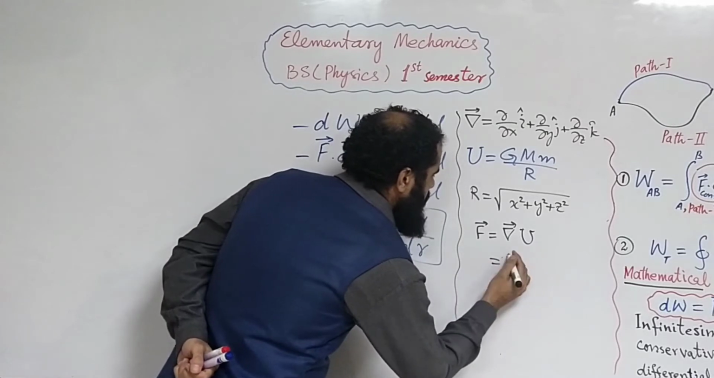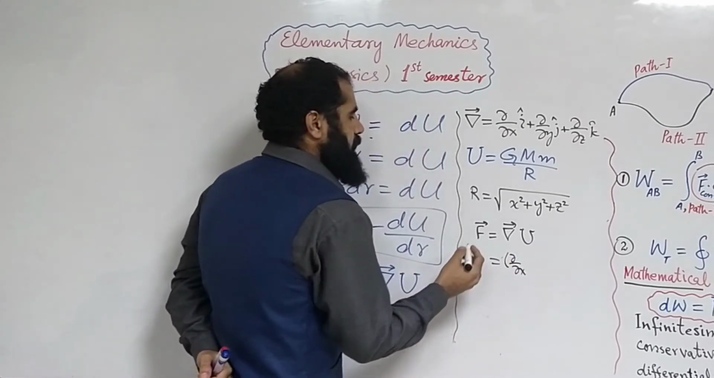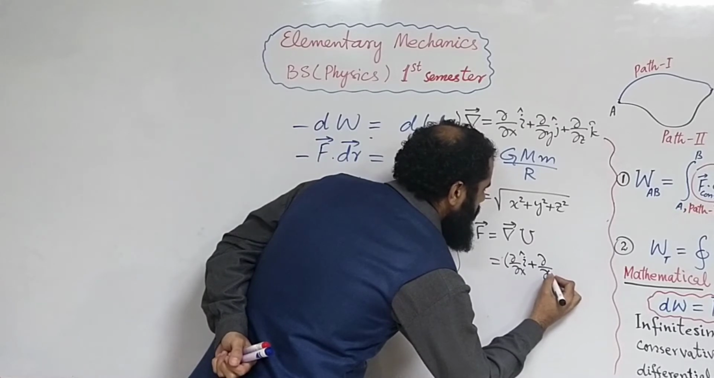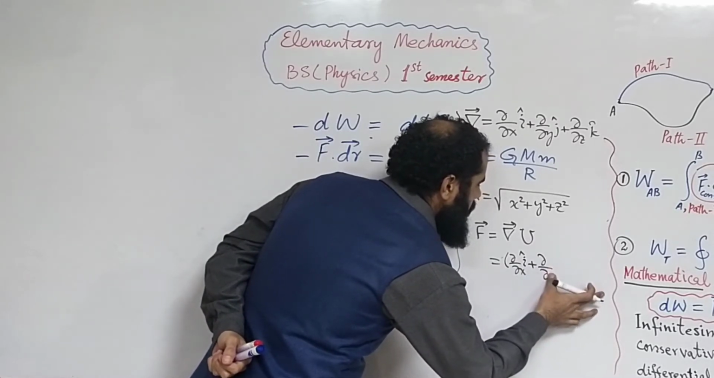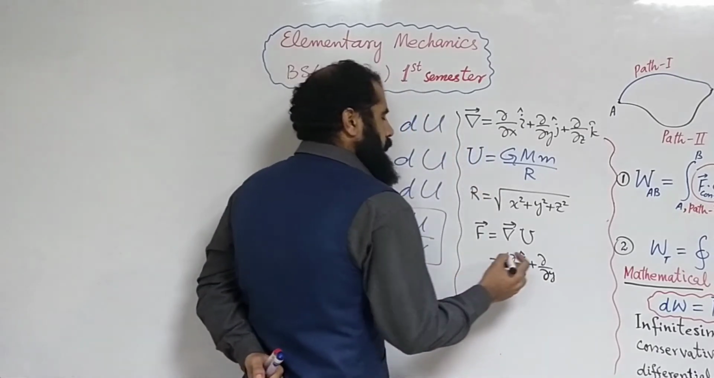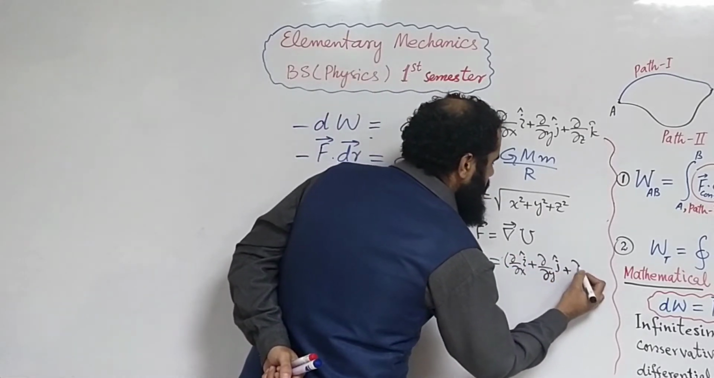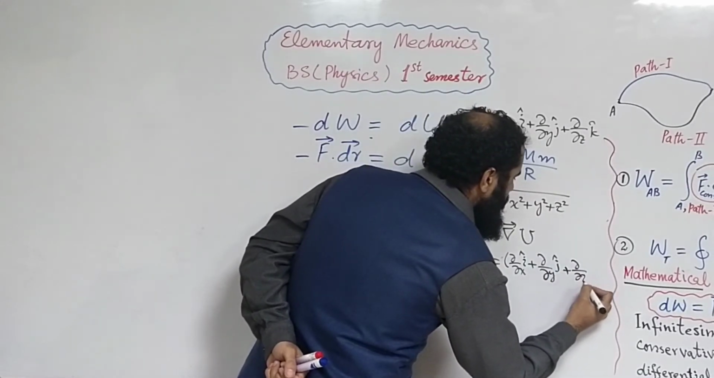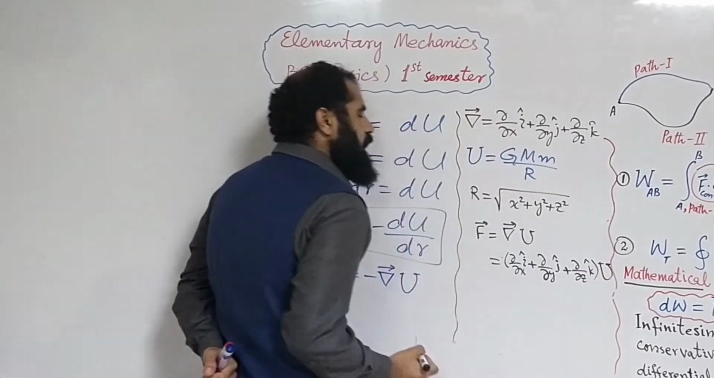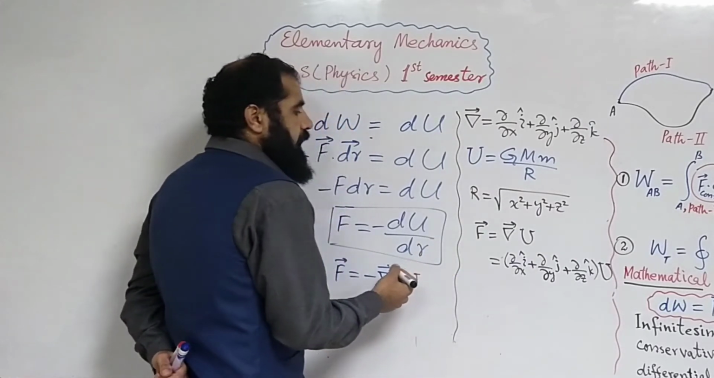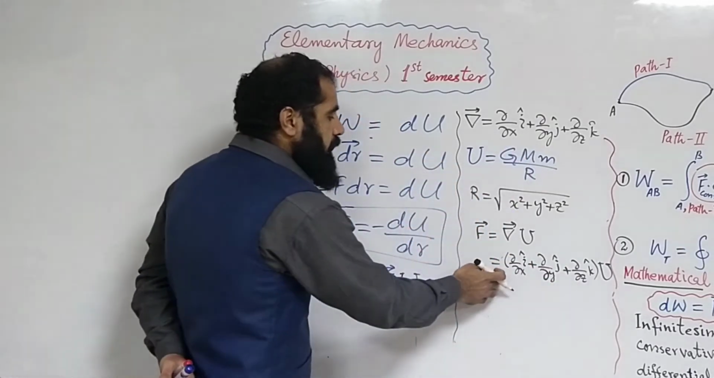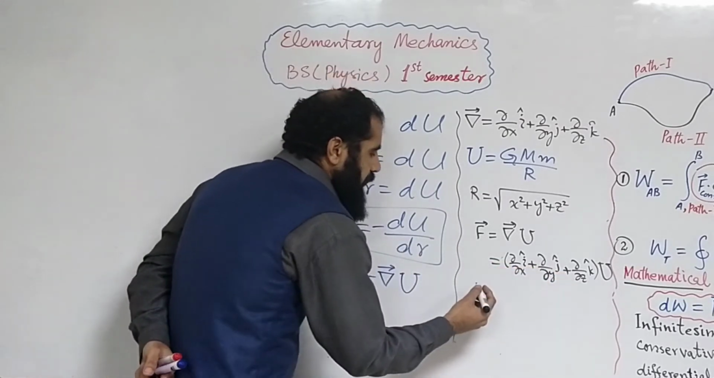which is the partial derivative with respect to x times i, plus the partial derivative with respect to y times j, plus the partial derivative with respect to z times k, unit vectors, applied to this potential U. Now if I substitute this value in this expression and apply all these differential operators one by one, what I get: